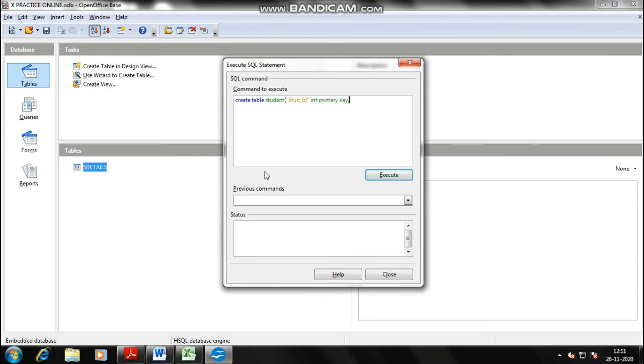Next column is student name close, and the name में कोई नंबर नहीं आता, so we'll be taking character, और character की length मतलब 20 letters तक लिख सकते हैं including the space. Space include जरूर करनी है इसमें, ठीक है. और जब भी अब हम database का काम कर रहे हैं तो you must include the space here.